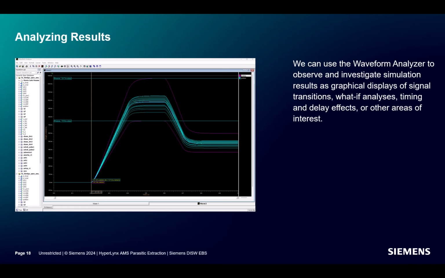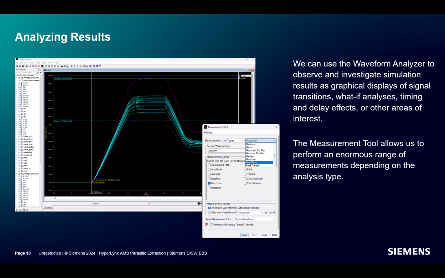The measurement tool allows us to perform an enormous range of measurements depending on the analysis type. This includes, but is not nearly limited to, rise time, fall time, overshoot, and period for time domain analyses, bandpass, high pass, low pass, gain margin, and phase margin for frequency analyses, and statistical measurements such as maximum, minimum, mean, median, range, and best fit lines.